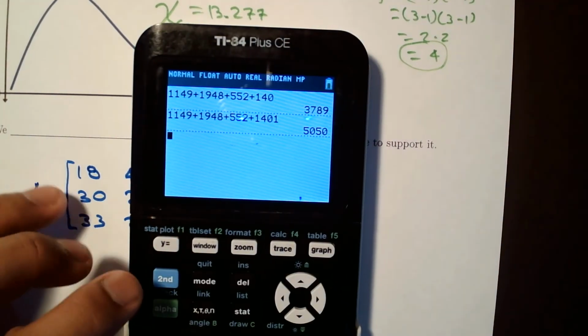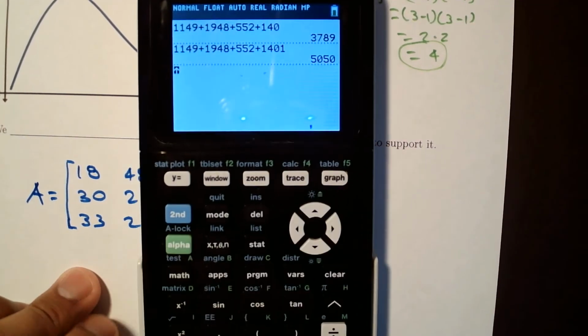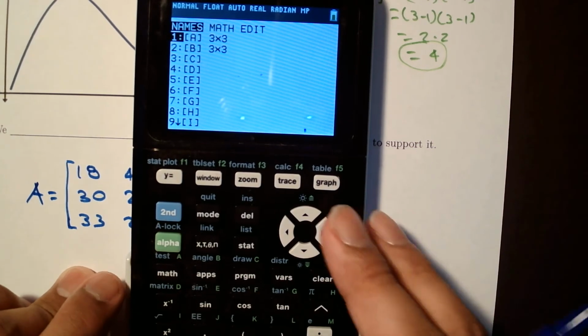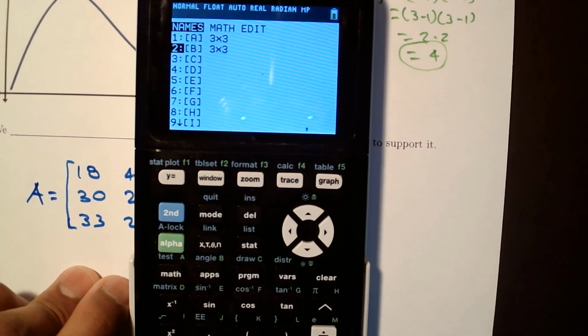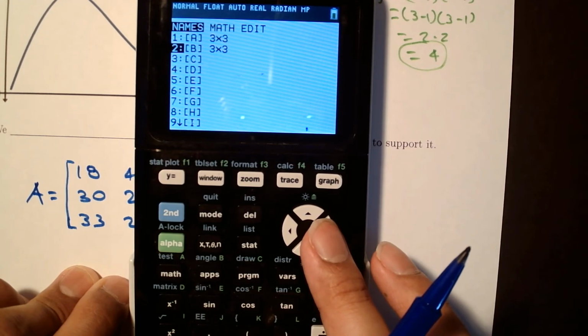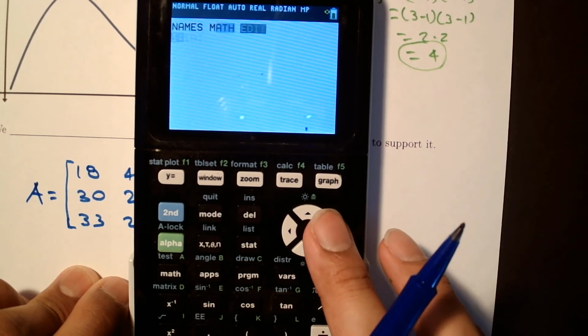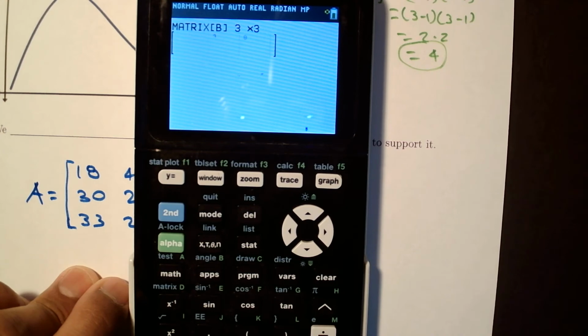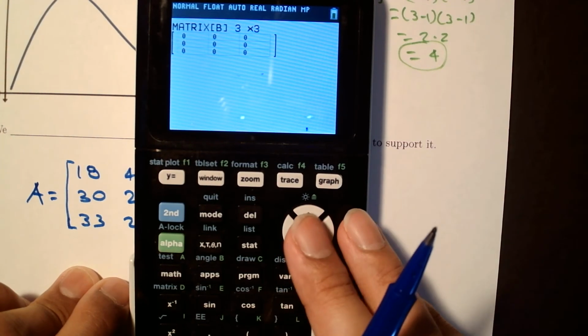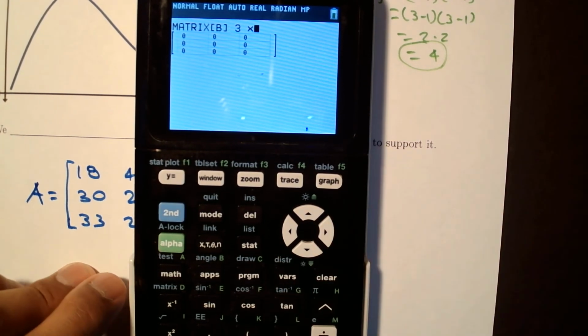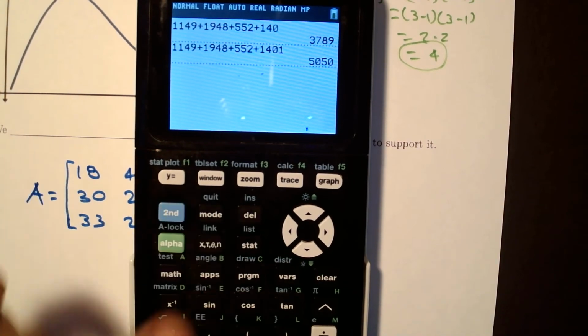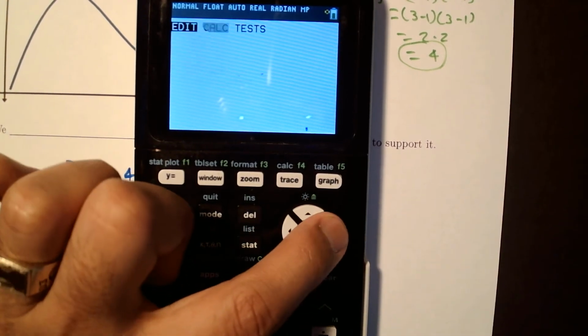I'm going to go back to matrix. Second, matrix. Be sure to have matrix B as one with the same dimensions as matrix A. So 3x3 and another 3x3. In this case, you don't have to put anything. Actually, if you put all zeros, that's fine. Just put all zeros. Second, quit, Stat, Test,